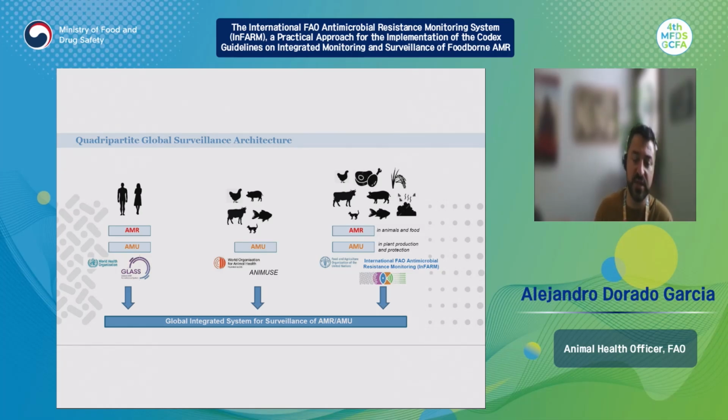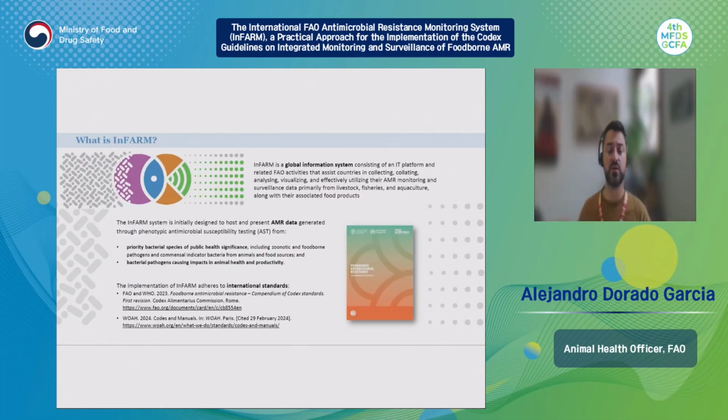As you can see also here in this slide, we are trying to synergize between the agencies. There is no overlap in the different data streams, in the different data collection mandates that we have coordinated between the different agencies. With the purpose to fulfill FAO's mandate and also to cover the gap for global integrated surveillance and to support the global efforts with the quadripartite agencies, we have developed the INFARM system. The objectives of INFARM can be summarized here.